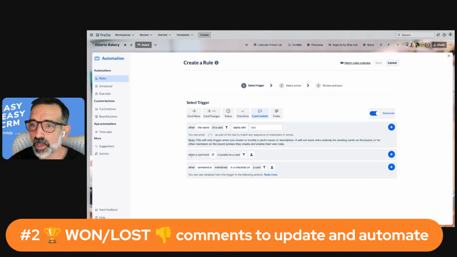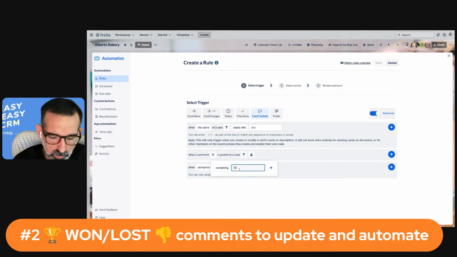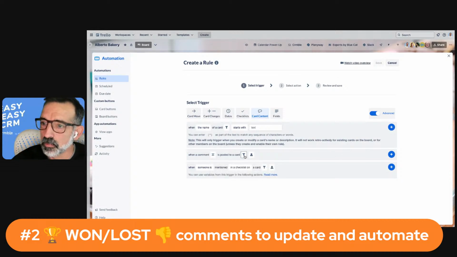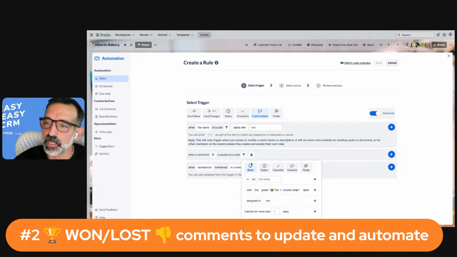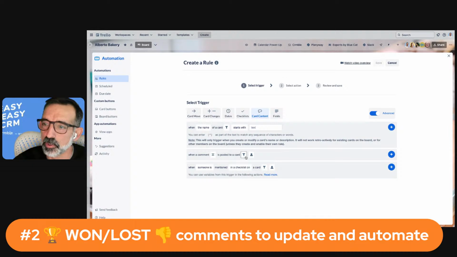Here I have three options, but I'm going to focus on this one: when a comment contains the word, in capital letters, ONE. You can go a little bit deeper and apply more specific filters, but let's keep it simple. So when a comment with the word ONE is posted to a card, I'm going to use that as